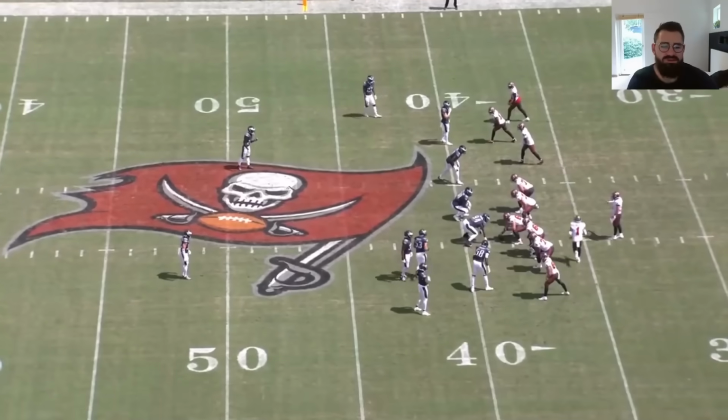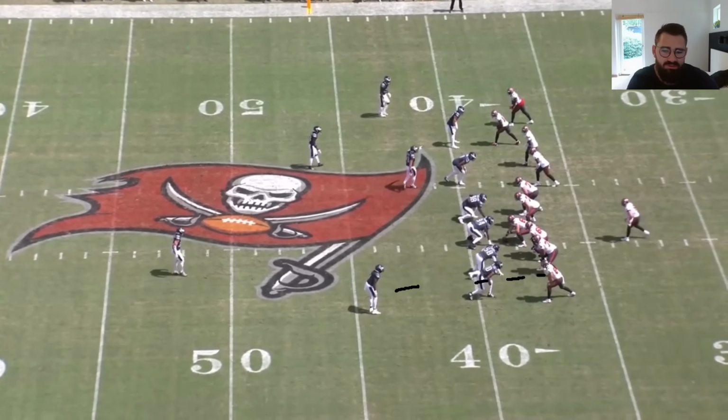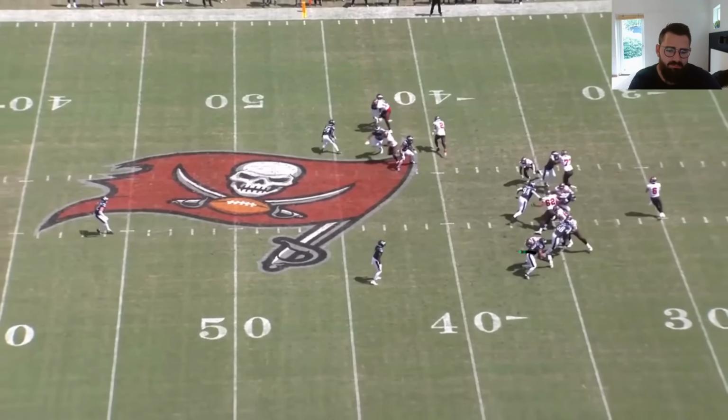All right, so playing man coverage here, cover one man for the Eagles. So he's manned up against the tight end lineup right there, right here. And he is in blocking to begin with. So he stays alert, so to say, and after the block here, he comes out and he's supposed to take